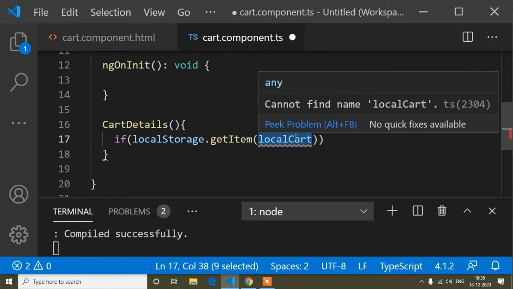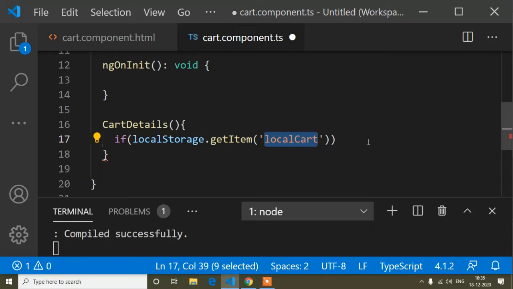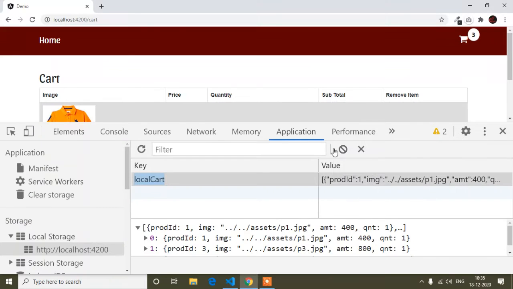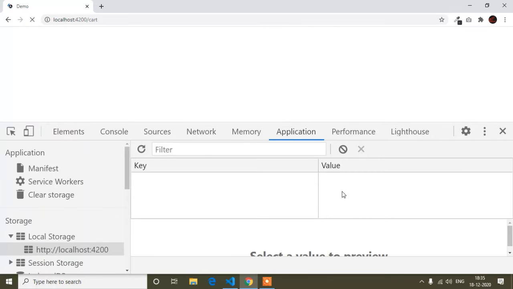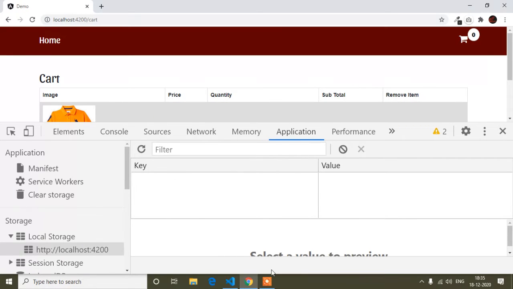Here I have to write inverted commas, and now curly braces. So first of all I'm checking if localStorage.getItem local cart. That means, suppose I remove it from here, so now in this cart there is nothing in local storage. When there is nothing in the local storage, it will return nothing.